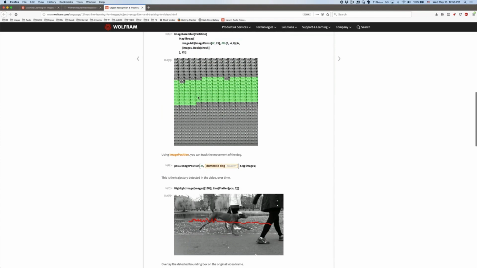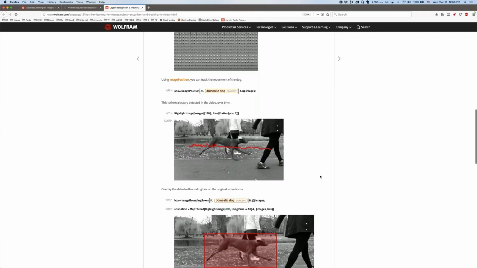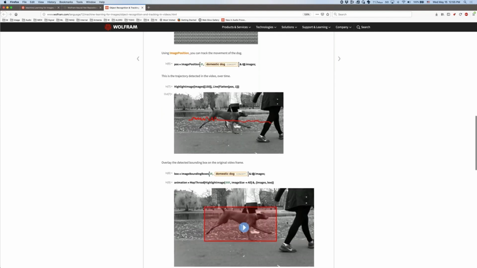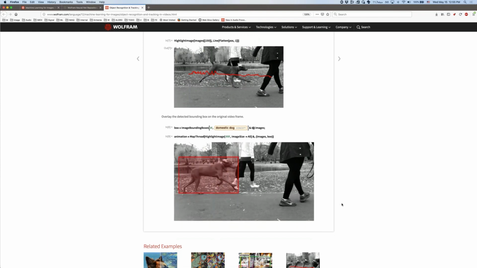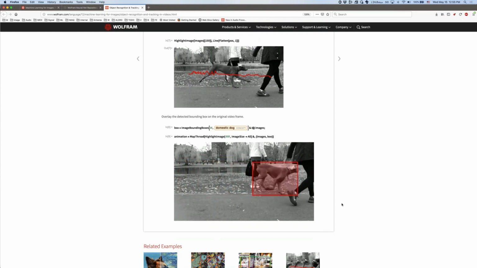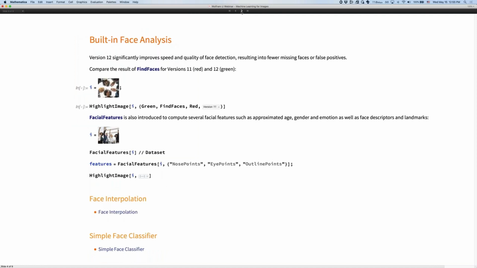And this is a quick visual saying which frames had a dog detected in them and what was the position of it over time. There are so many examples around video that are basically working frame on frame in our new in 12 pages. Yes, there is going to be work on actual built-in video processing that is going to be smoother. No promise on when that's going to happen.